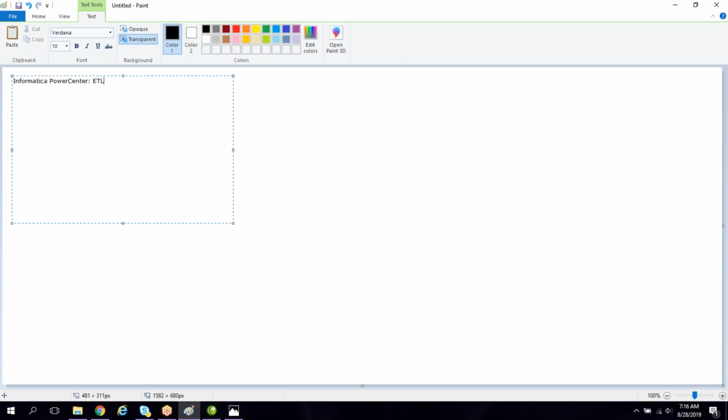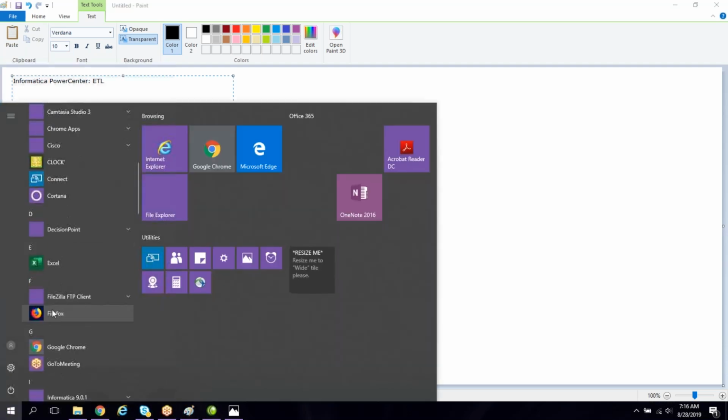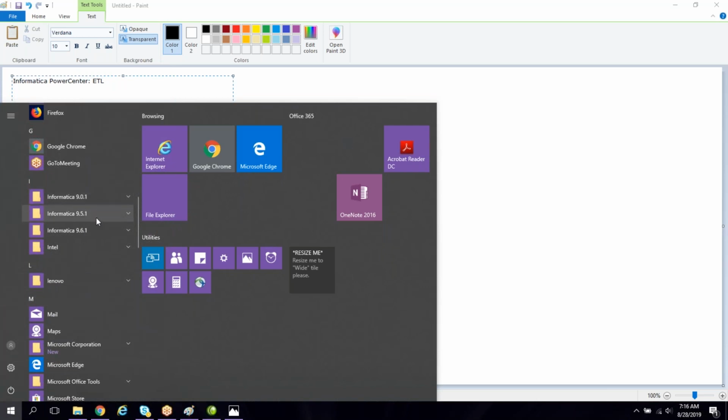Fine. But even though we have the 10 version, most of the companies are still using 9.6, 9.5 or 9.0. In my company also, I am working on 9.0 or 9.5, not yet 9.6. They are still on the 9.5 version only. But in my system, I have installed all three: 9.0, 9.5, 9.6. Multiple versions are there. In our training, I have already installed the 9.6 version in your system, so we can practice in 9.6.